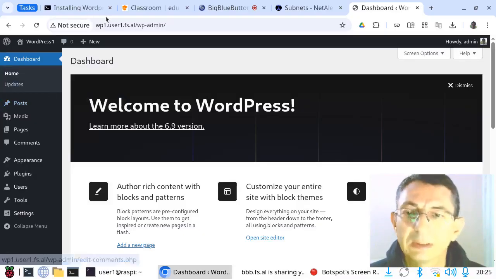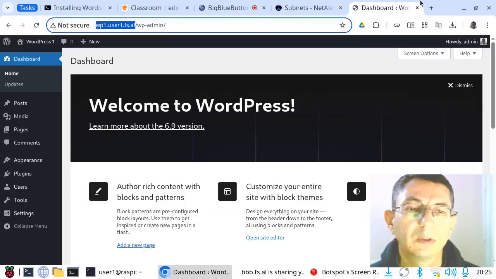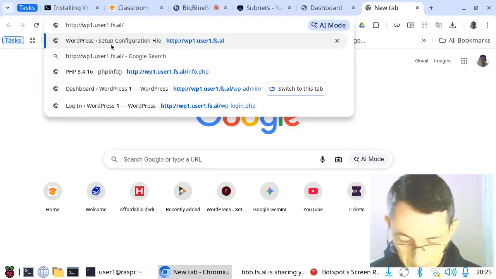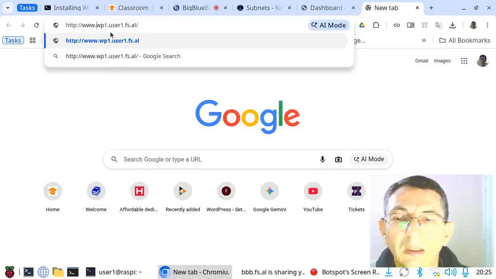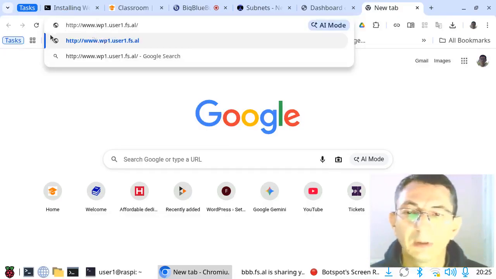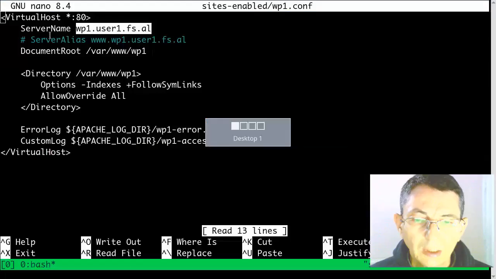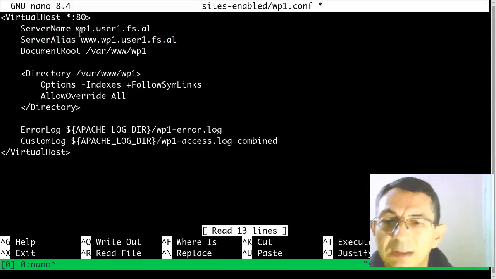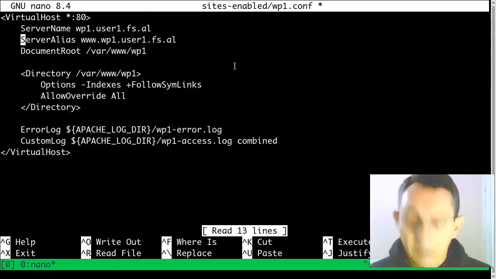Now let's add another name to this site. I want to open this also with www.wordpress1.user1.fs.al. So the same site, but with two addresses, two different URLs, two different names. So I can uncomment this line here, ServerAlias. A server alias is like another name for this site. Save it